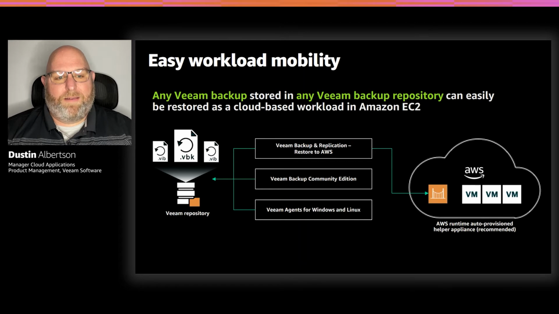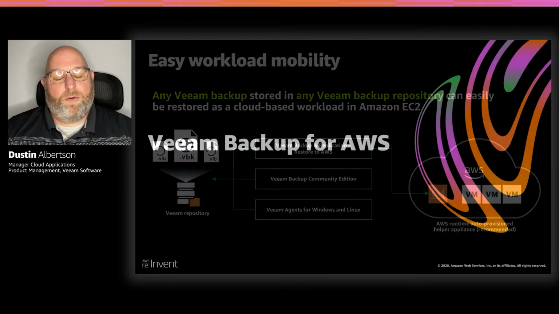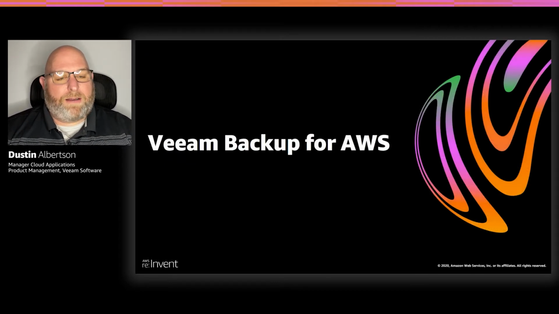So all of our products back up into the same format type, and those can be restored into an EC2 instance. This is an automated process that allows you to choose your instance types, your regions, your network settings, VPC settings, all of that, and be able to restore that. So again, we're trying to make sure that data is portable, no matter where it resides, and that's a heavy feature of that. So we've walked through a couple of features there, and I know I'm going pretty fast,